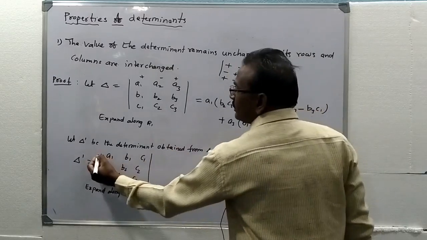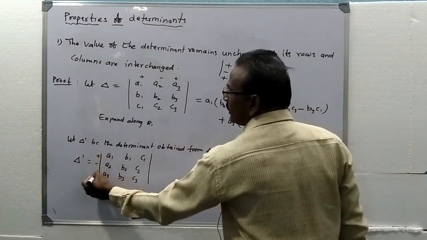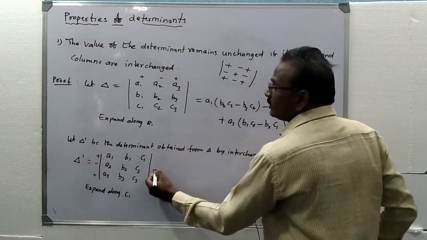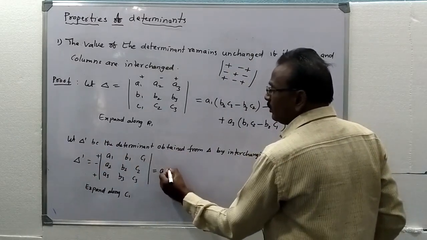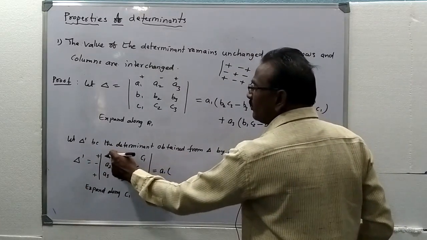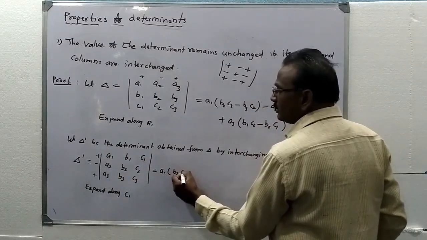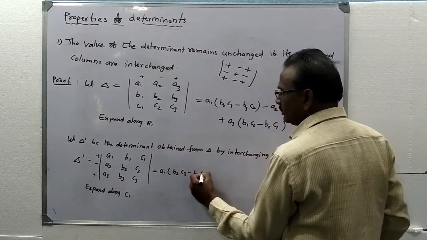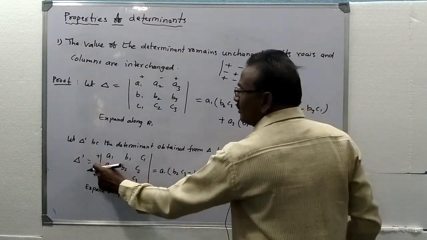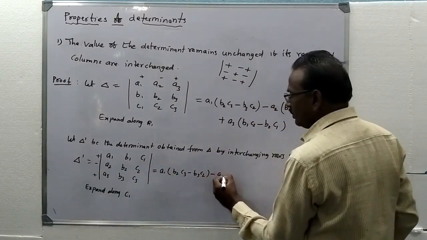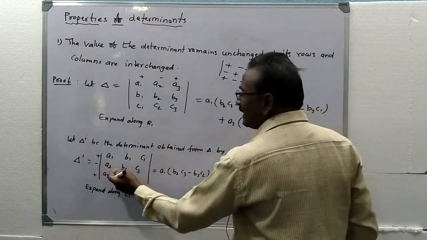Plus, minus, plus. Expand along c1. So this becomes a1 into, delete first row and first column, determinant of these four elements, so b2 c3 minus b3 c2, and the sign is minus a2 into, delete second row and